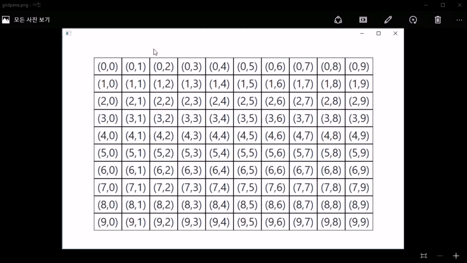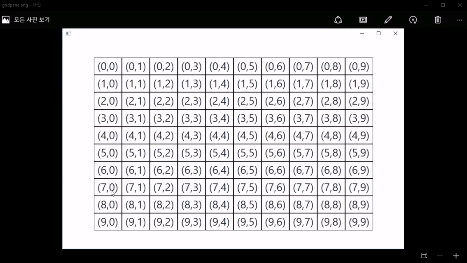Very easy, right? And suppose you want to put items vertically. For example, you want to put items at 0, 0 and 1, 0, 2, 0, and so on. So you place items vertically. And notice how the index changes. For the row index, it's always 0, right?